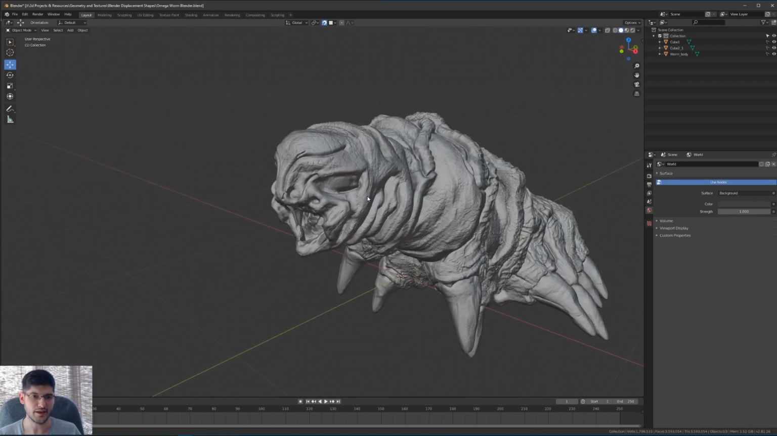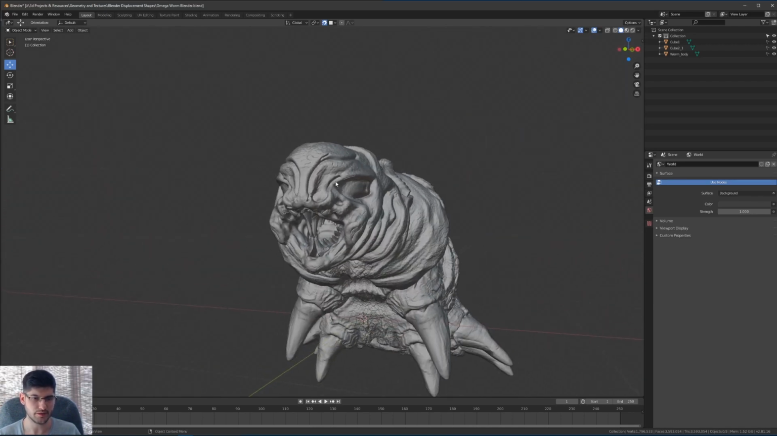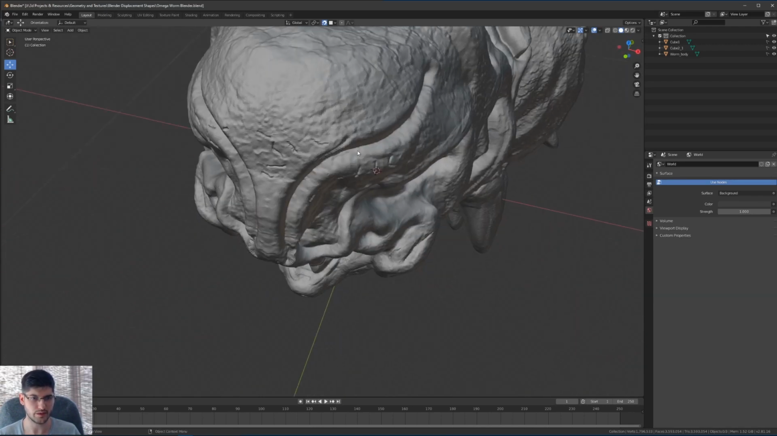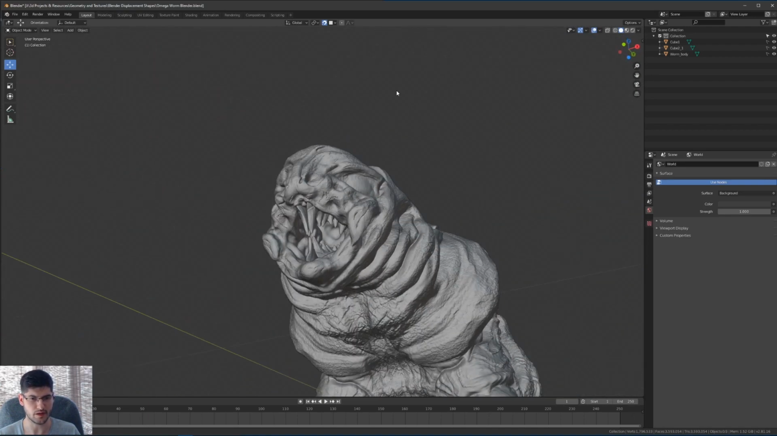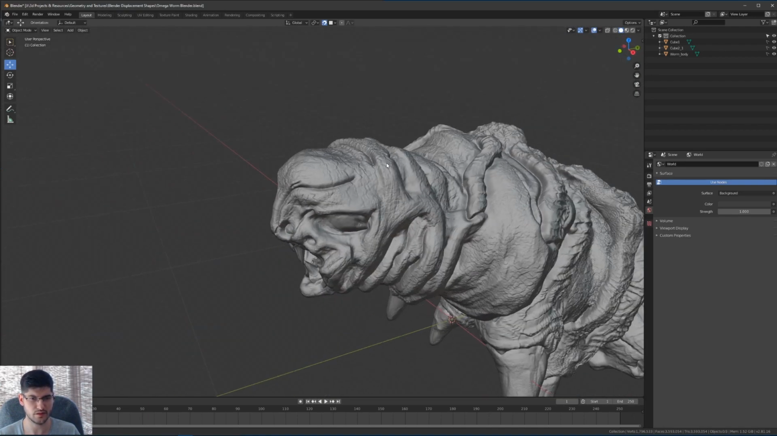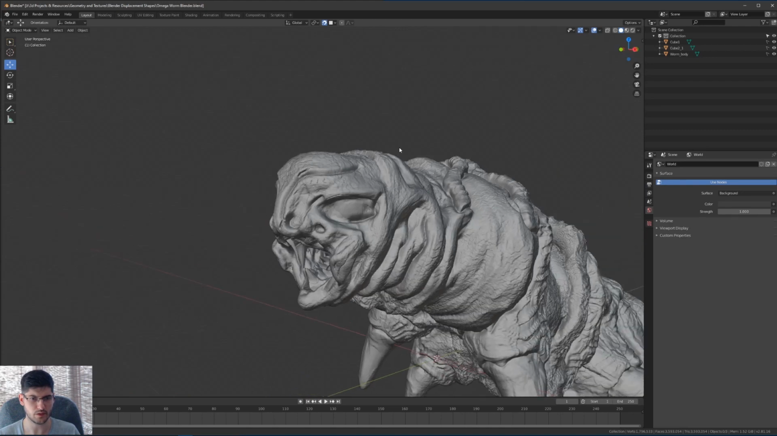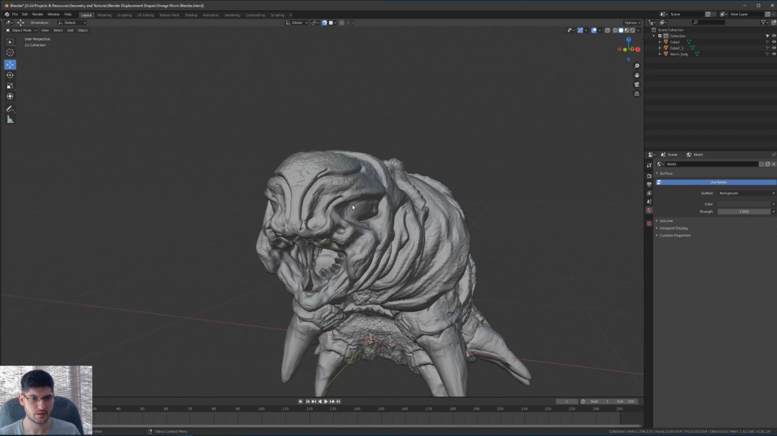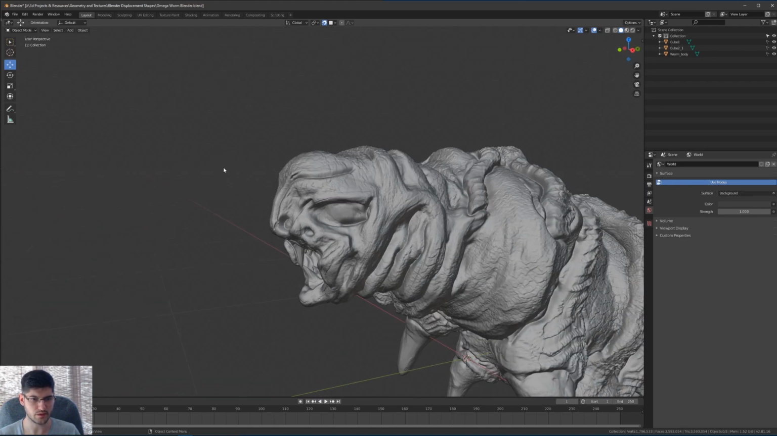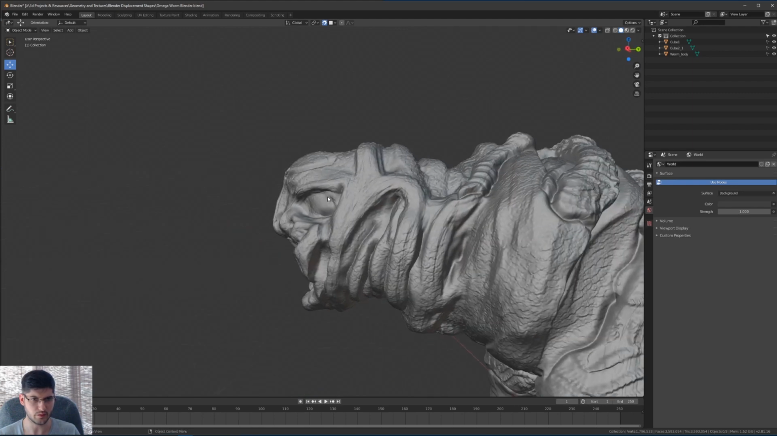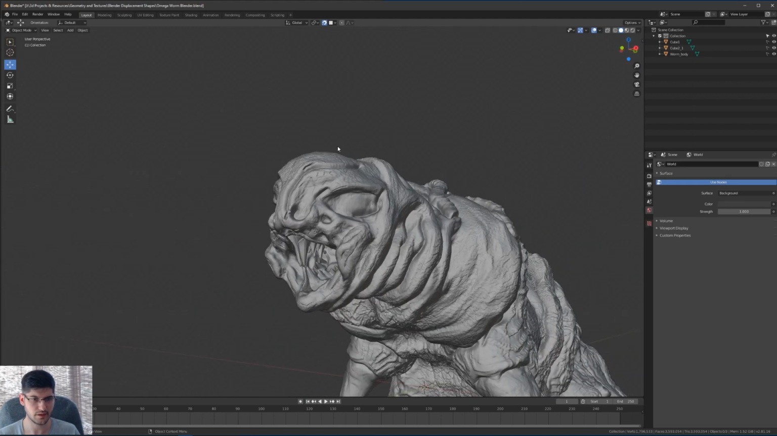So I've got my model imported over into Blender. It's got quite a bit of geometry to it. I would say about 600,000 polygons, but that should be okay. So what we're going to do is, as I've said, retopologize the head, and